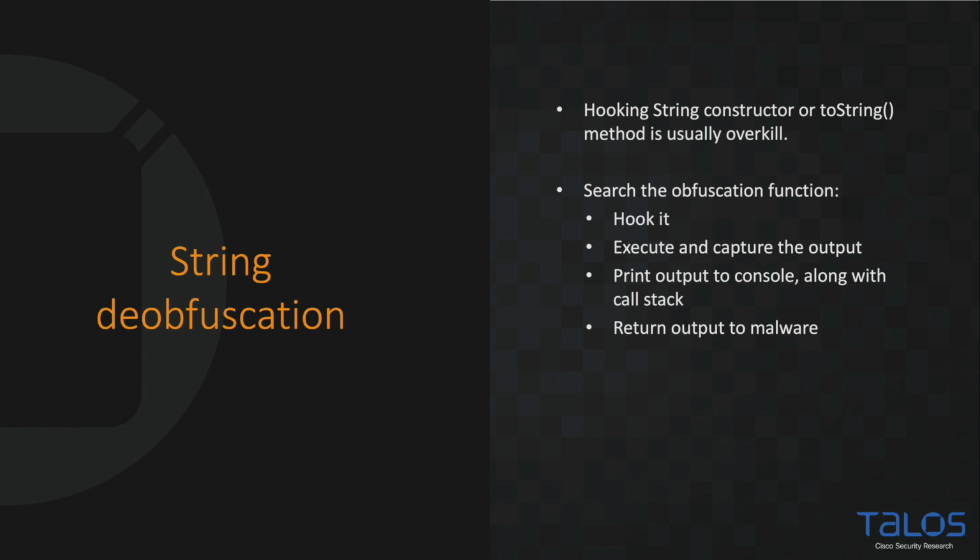So just as a recap, hooking the constructor of string can be overkill because you'll have a lot of information. There are a lot of internal calls of the framework that will actually use the toString or the constructor. So it will be overkill. Also, as I've shown you before, different levels of the operating system will have different behaviors, and most of the time this really won't work as you wish. So hooking the methods of the obfuscation themselves is usually a little better, and also gives you more understanding of